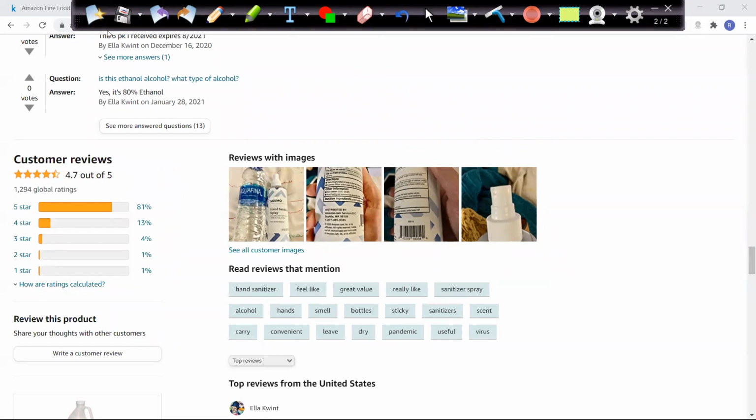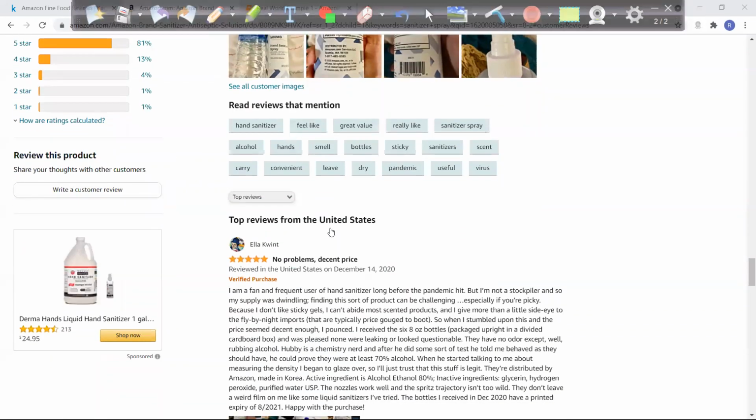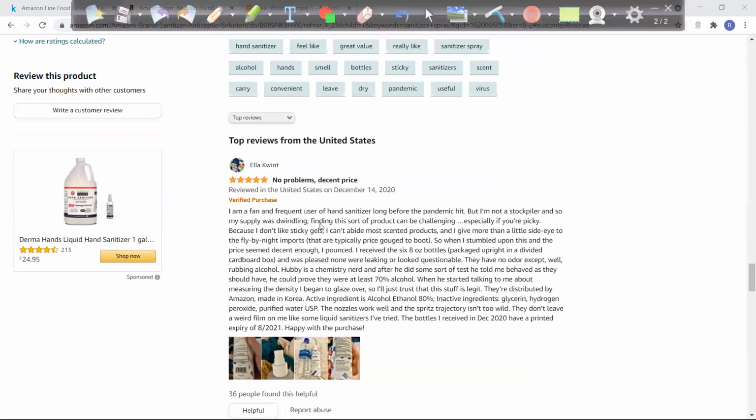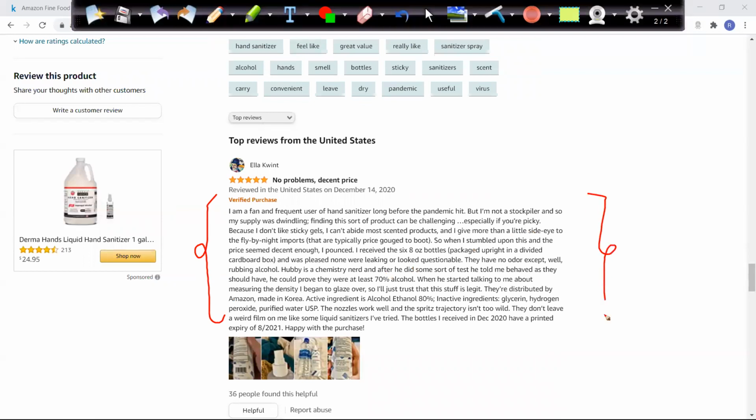Now, if I go down, you can see that you are getting the various reviews. Here you can see this is the 5-star rating given on 14th of December 2020. This is the short description of the rating. Basically, no problems, decent price.